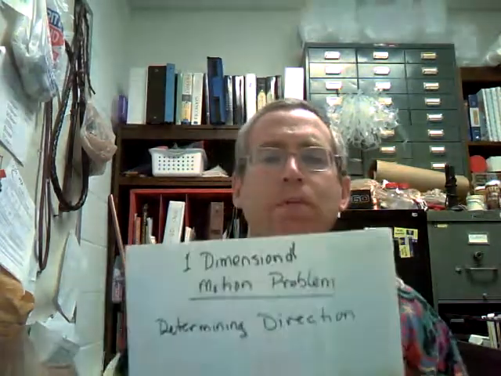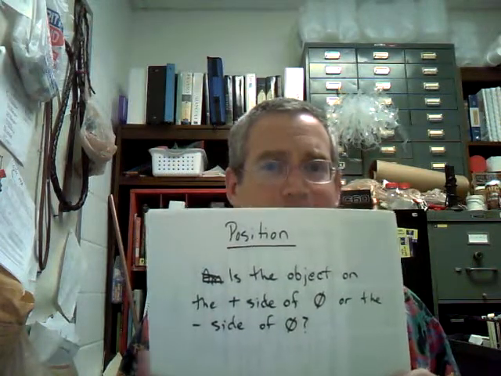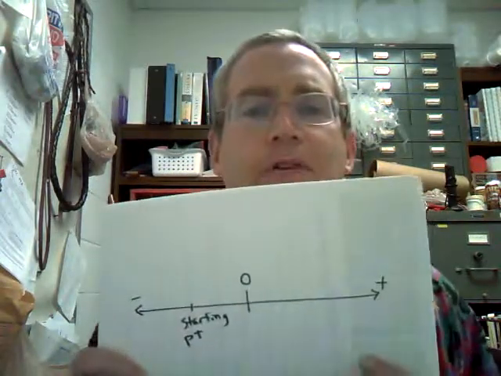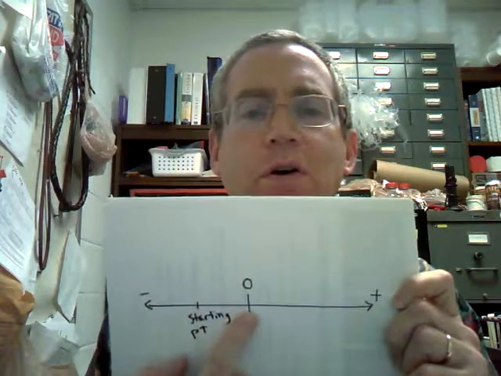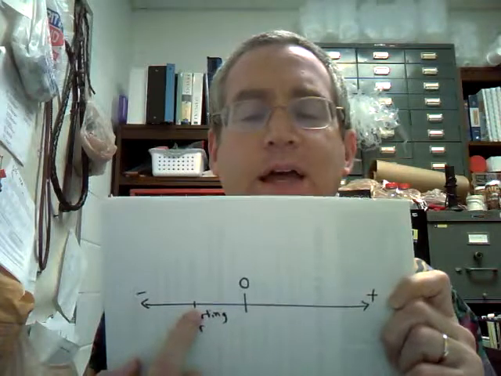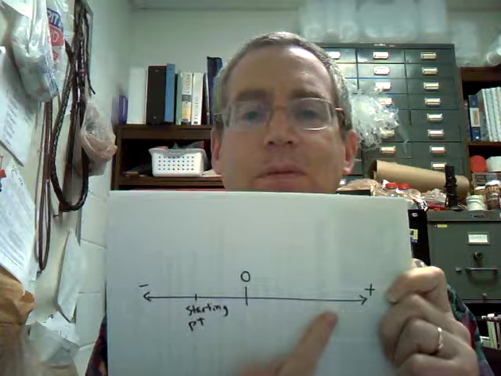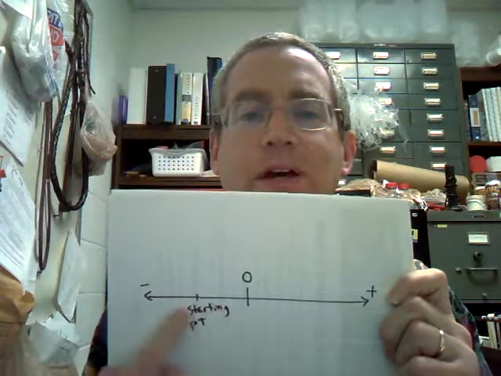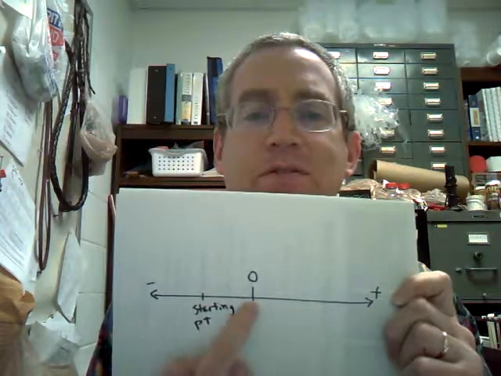So, the one-dimensional determining direction. Position. Is the object on the plus side of 0 or the minus side of 0? That's all that it means. And so if I look at my example right here, I have a starting point right there. 0 is right here. So when I start, I have negative position because I'm on the negative side of 0. Now my fingertip is on the positive side of 0. It's now on the negative side. So my position is negative, negative, negative, negative, positive, positive, positive, positive, positive, positive, positive, positive, 0, negative, negative, negative,